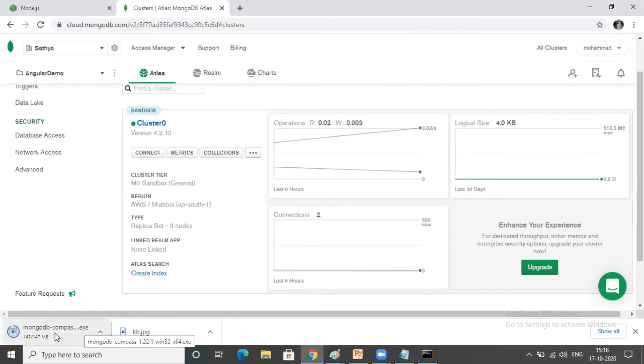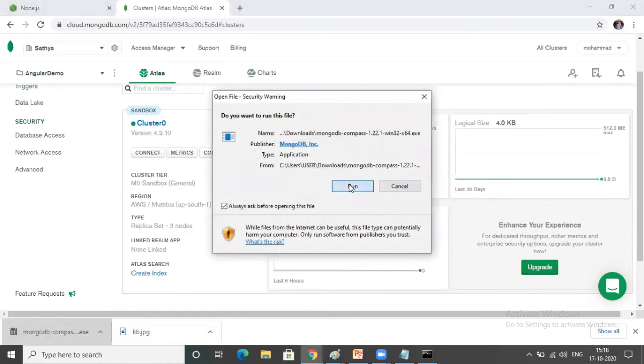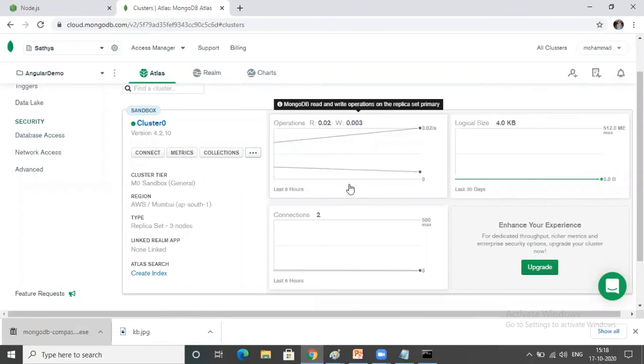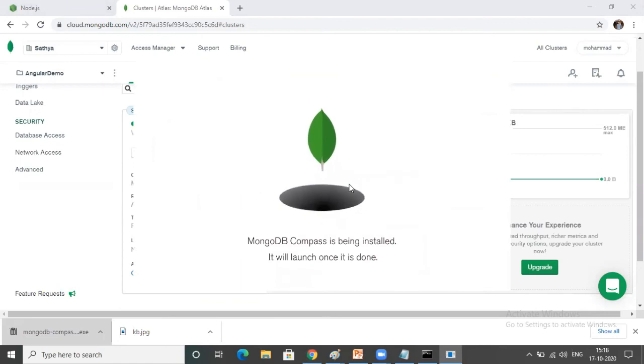See here, I'm downloading MongoDB Compass also. That's very easy to download. It is a client application. Now through MongoDB Compass, I will communicate with the cloud. Now I'm showing you how MongoDB Compass works as my client application. In the next video, I will show you how Express.js will communicate with the cloud. But in this video, I'm showing you how Compass will communicate with MongoDB. Is it clear? This is how we will perform the CRUD operations.